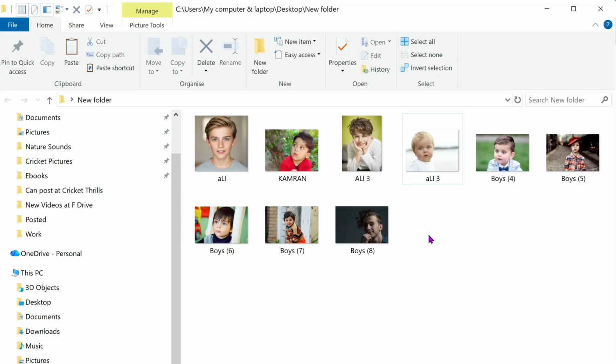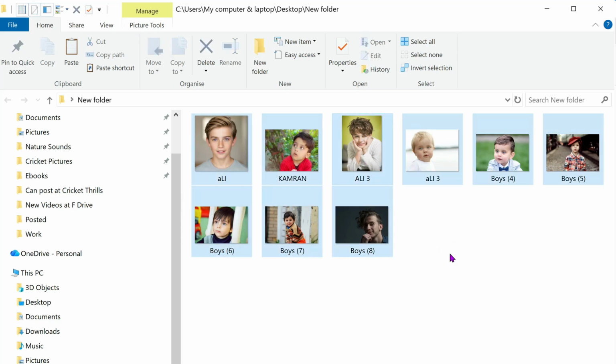So for this, you need to open the File Explorer and select all the files you want to rename. You can press Ctrl+A to select all or hold Ctrl+Click to select the specific files like this one. So I'll be selecting all by Ctrl+A and then press the F2 key on the keyboard and type the new base name for the first file and hit enter. For example,